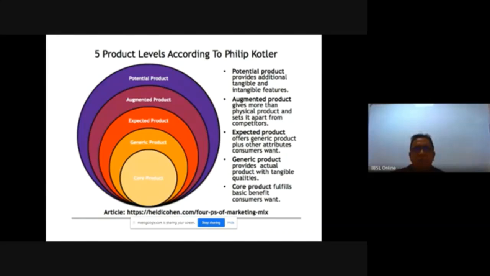Products, if you take products, according to Kotler, there are different levels of products, from the basic product to generic, expected, augmented, and potential. If you take a car, initially you have a benefit of traveling, then the car comes with some specific features, and then expected product means certain attributes that you find in a car, and maybe even some branding. And then augmentation is the additional options